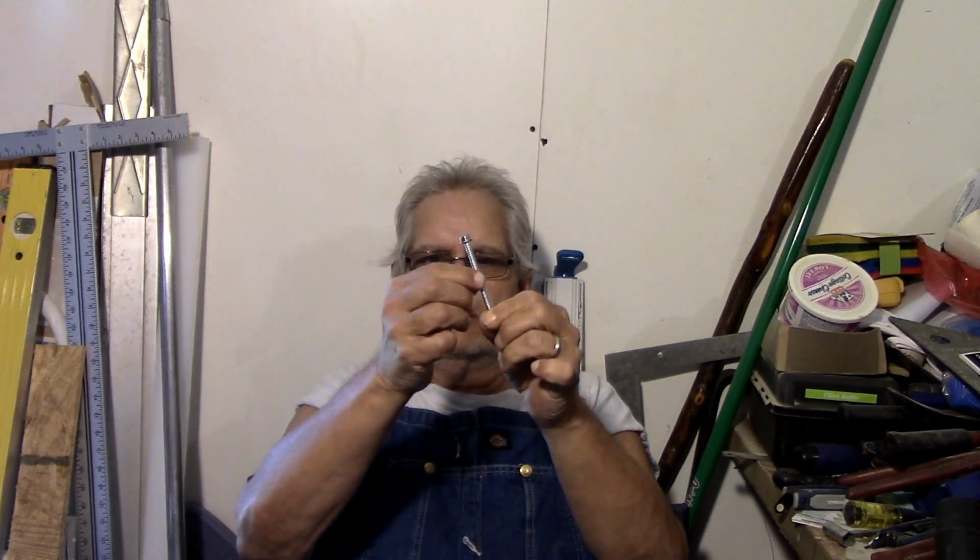I ended up using these, which is a type of construction screw. It's the modern day replacement to a lag screw, I guess would be the best way to explain it. I don't know exactly the name of the brand or anything like that because they were just some that I had laying around, and I mounted the saw to the top,